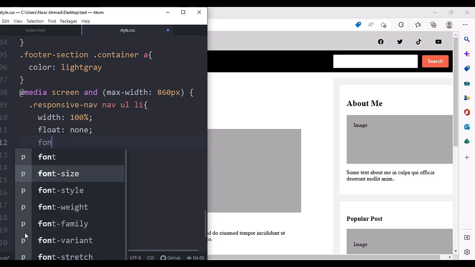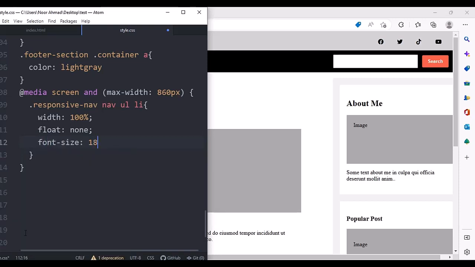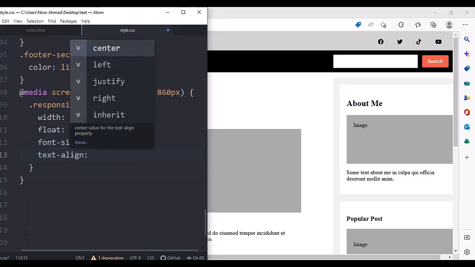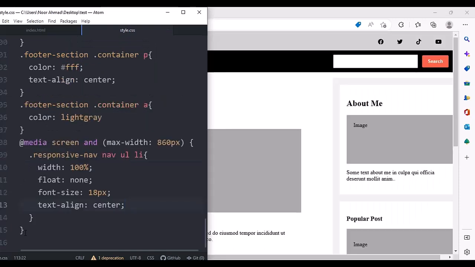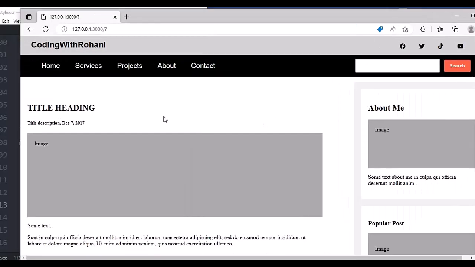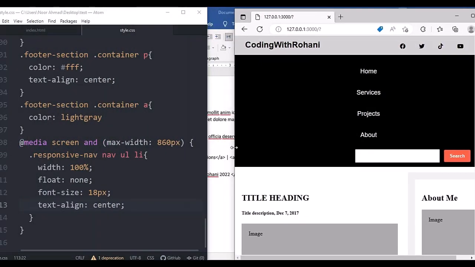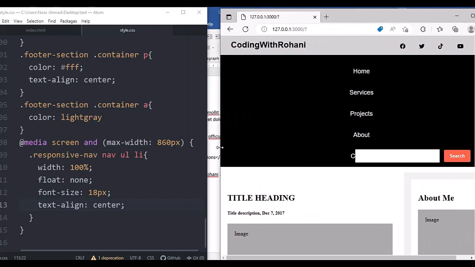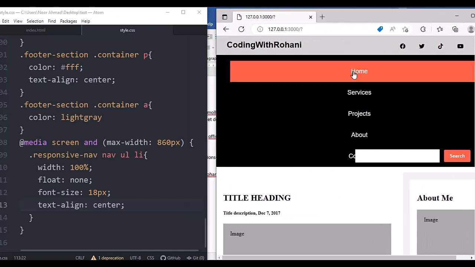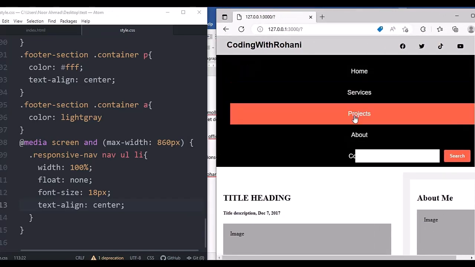Font size will be 80 pixels, and let's text align center. Save this, and now let's change the screen. As you can see, here we go. When I hover over this,